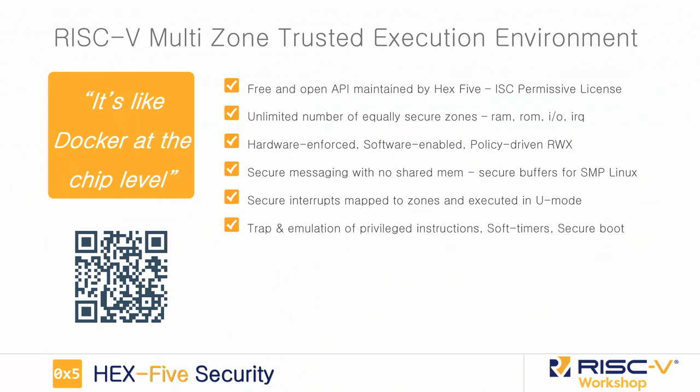Soft timers. The core has one timer. What is Rich? Rich needs one timer for FreeRTOS. That's good. But what if I have 3, 4 zones? I have one timer. How do I maintain the system working? So you also need to build soft timers or some way to recreate the timing. This is about interrupts, right, in the system.